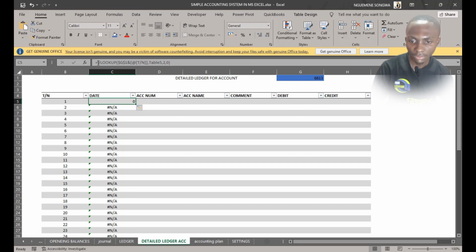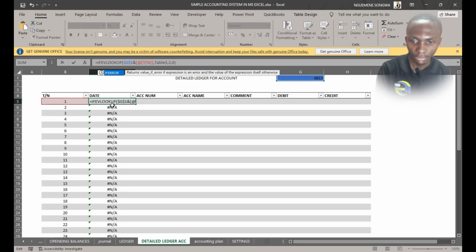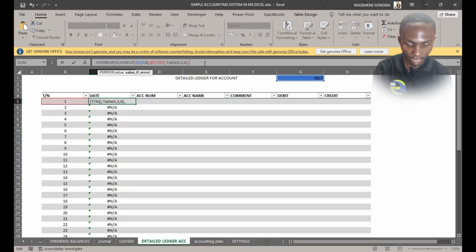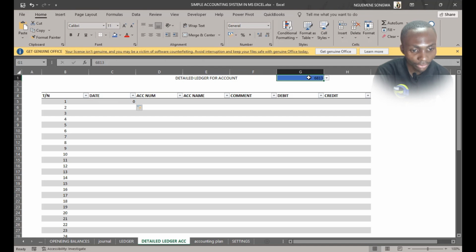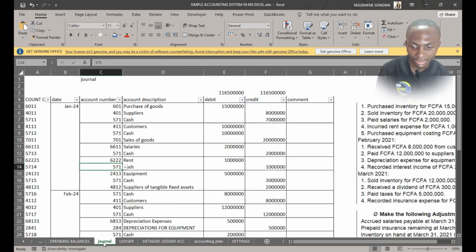So I'll use the IFERROR function. If there is an error, it should do nothing. Then I do it this way. So here there is no date actually, and this transaction or this account number has not appeared at the level